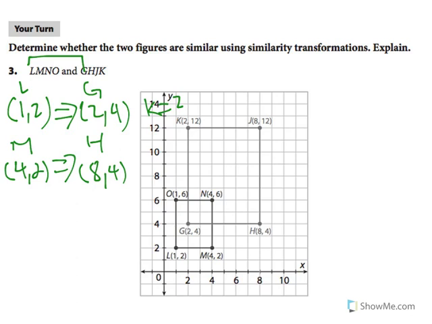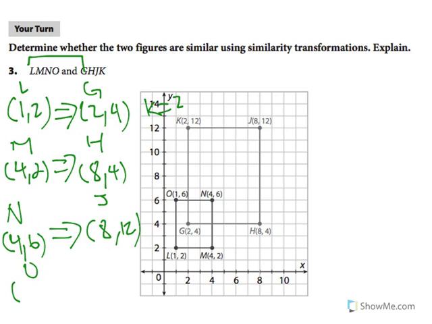And let's go for N. It is 4 and 6 will map to J. So the coordinate for J is 8 and 12. So then 2 times 4 is 8, and 2 times 6 is 12. The last one is O, so the coordinate for O is 1 and 6, and it will map to K, and the coordinate for K is 2 and 12. So then 2 times 1 is 2, and 2 times 6 is 12, so then the K factor is 2,